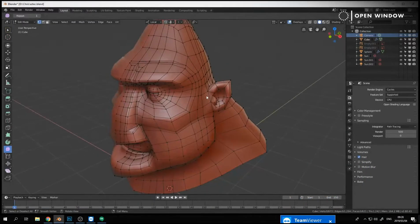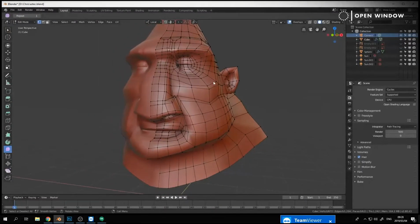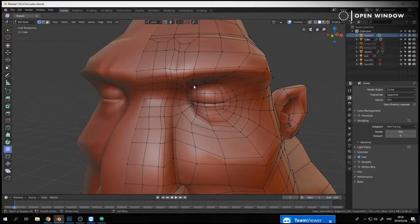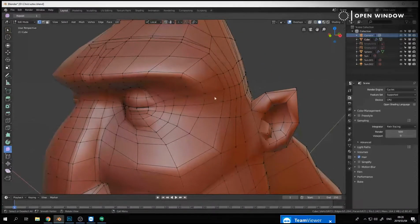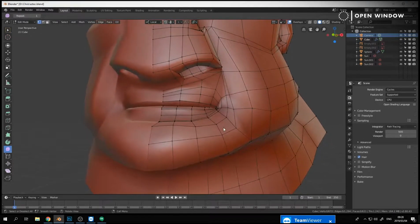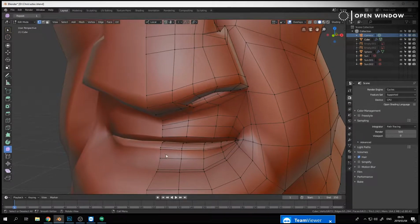So as I was saying, the density of the mesh is still very low, and all the edge loops that I wanted to have that we spoke about last week, for instance, the loops going around the eyes and the loops going around the eyebrow, going over the bridge of the nose, they're all there and in place and working well. Okay. We also very clearly have the loops going around the mouth. Okay. So if I, for instance, do that, we can see the loops are going there, loops going around the